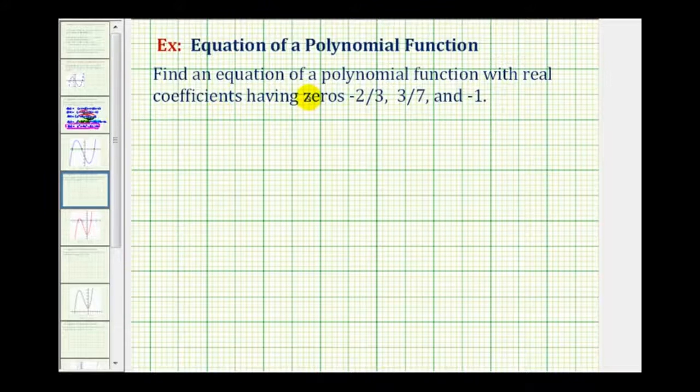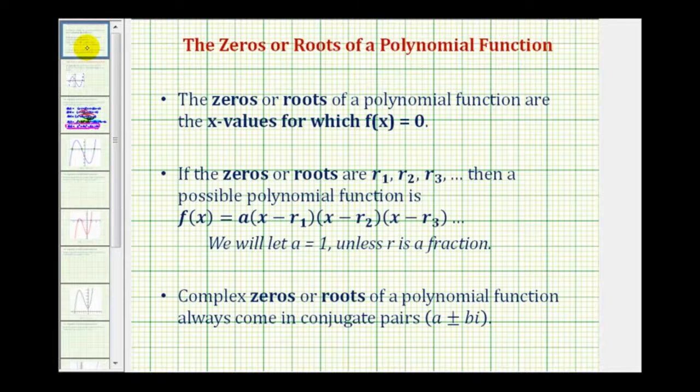We want to find an equation of a polynomial function with real coefficients having zeros negative 2/3, 3/7, and negative 1. Remember, having these zeros of the polynomial function gives us information about the factors of the polynomial function. So for a quick review, we know these zeros are the x values for which the function is equal to 0. If our zeros or roots are r sub 1, r sub 2, r sub 3, and so on, then